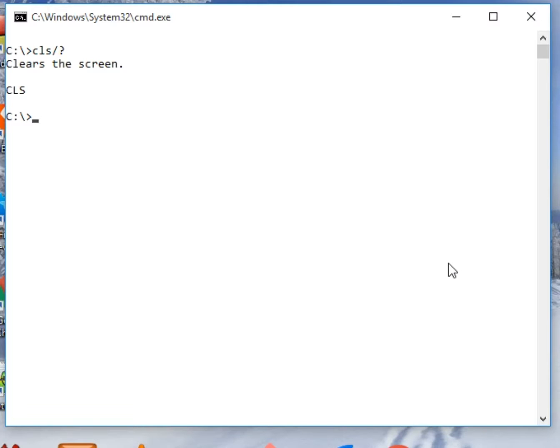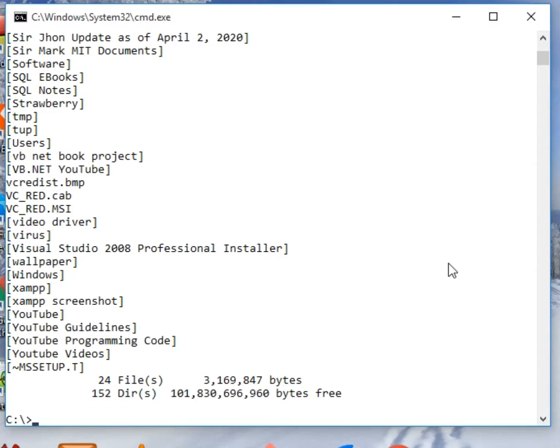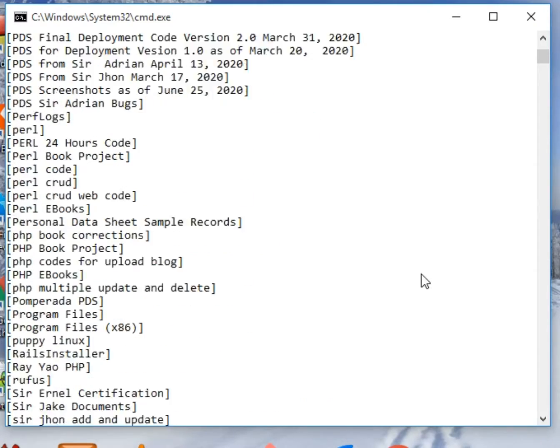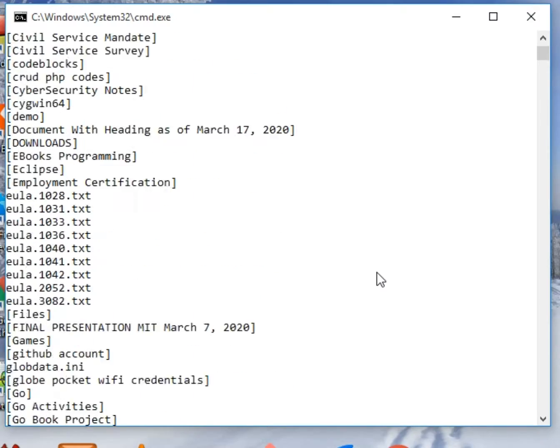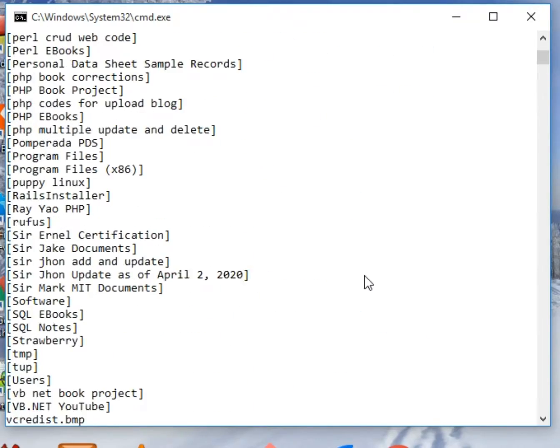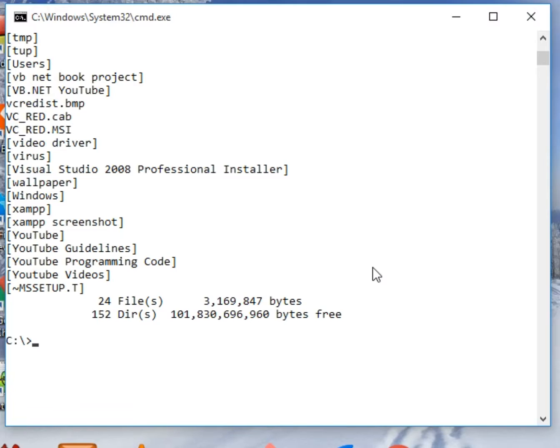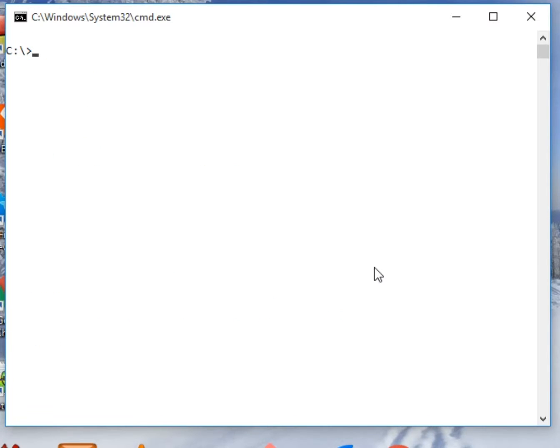Now what is the application of this command? Let's say for example we issue the command dir /w. There are so many files and folders as we can see here. By simply issuing the command cls and pressing the enter key, it will clear up. Another example,